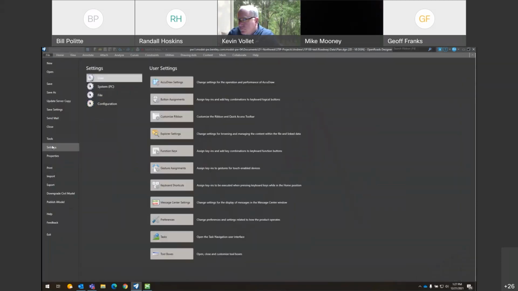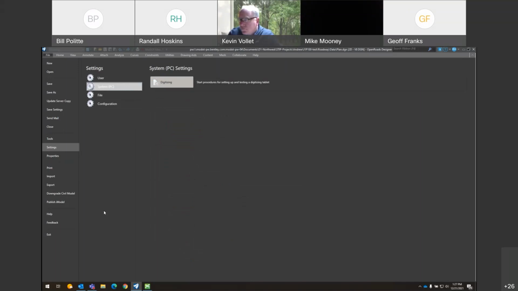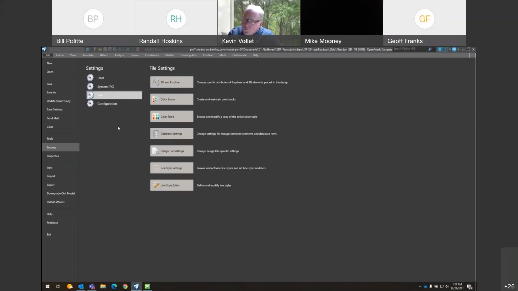I think that's it, kind of, for the settings. You won't be messing with the task very much, so you won't worry about that one. Under the system settings, there's really nothing under that except digitizing. And the only other one you might use are the file settings, of course.